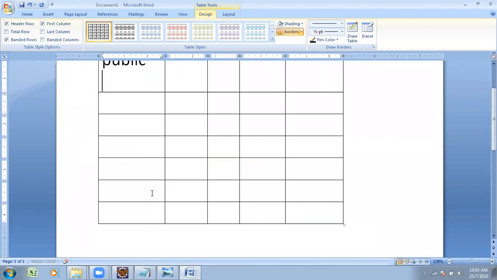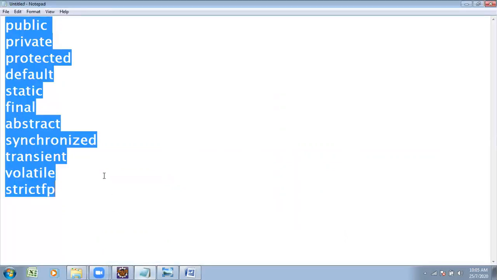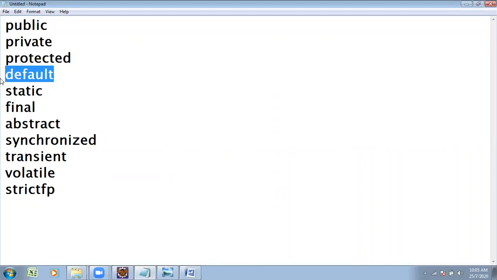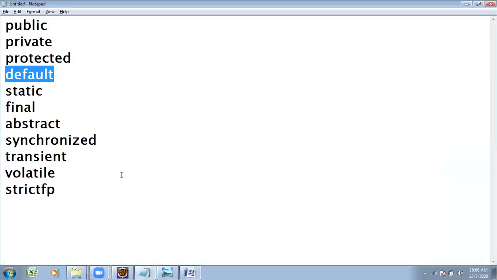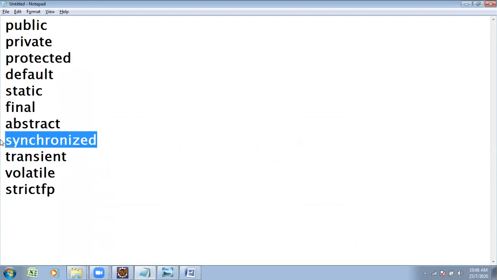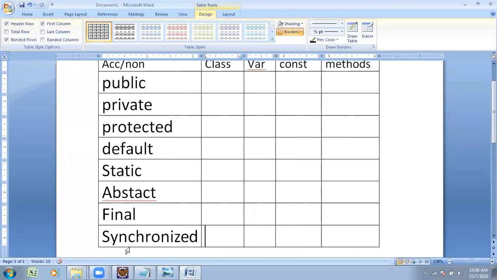Public access modifier is there, private, protected, default type, static type, abstract type, as well as final, strictfp, synchronized.